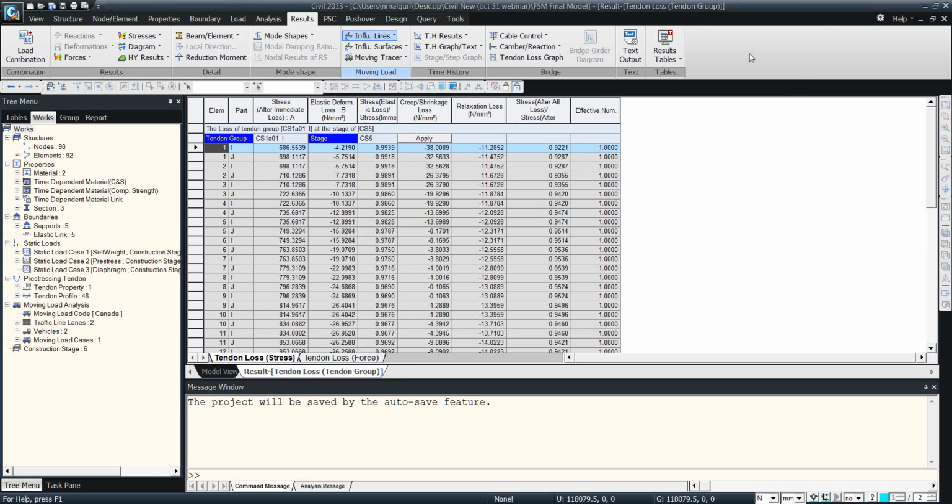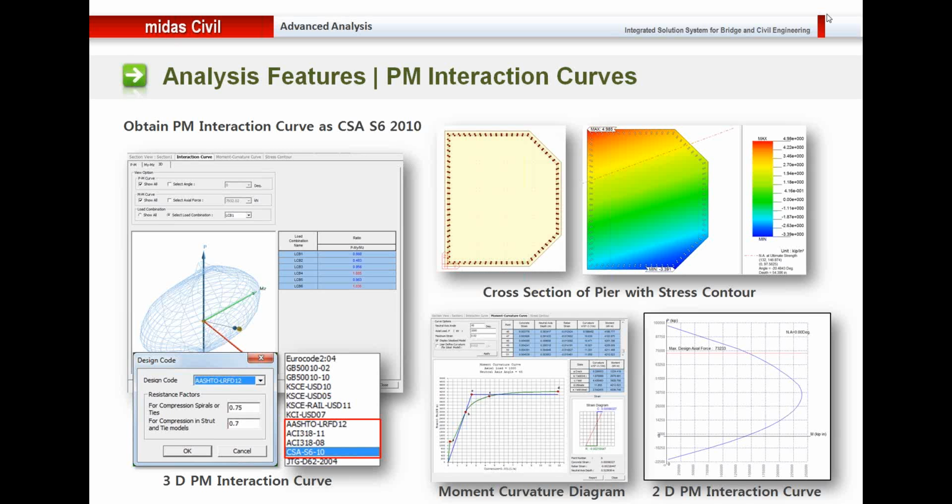Now talking about the substructure, Midas Civil can be used to perform analysis on the piers. You can perform analysis on piers, and you can obtain the PM interaction curve, MM interaction curve, as well as the stress profile generated in the cross section. So here you can select the Canadian code as I have demonstrated in this particular slide, and you can